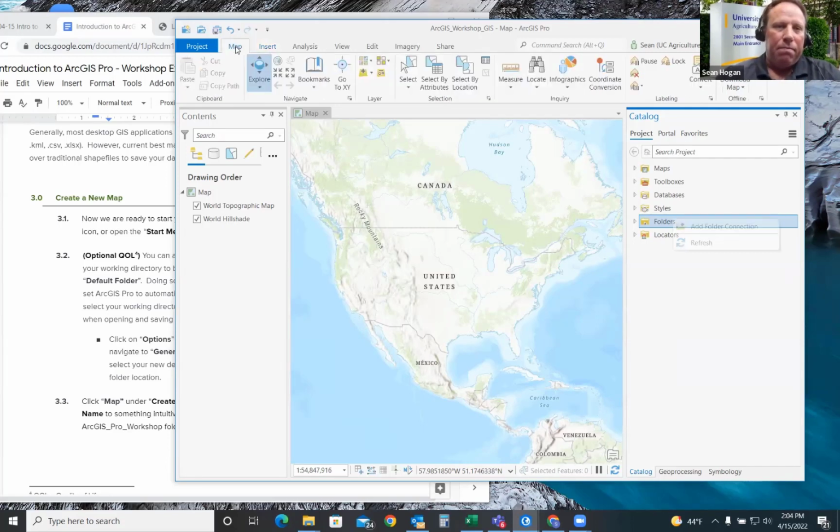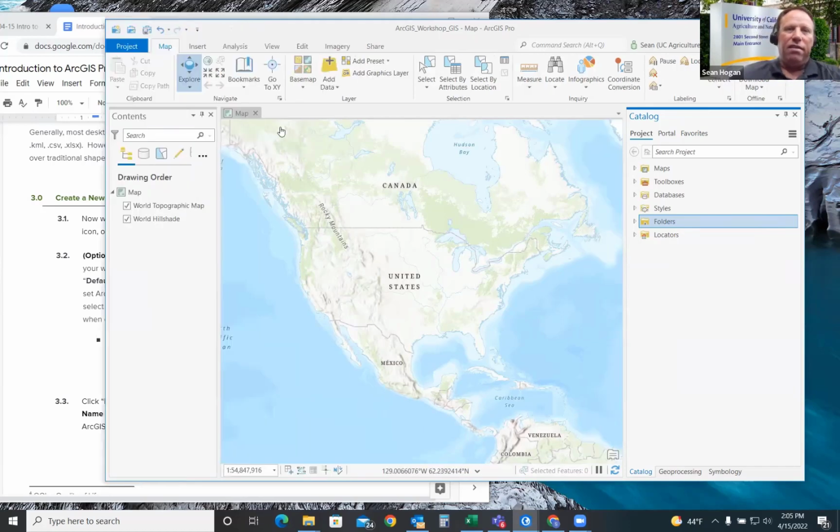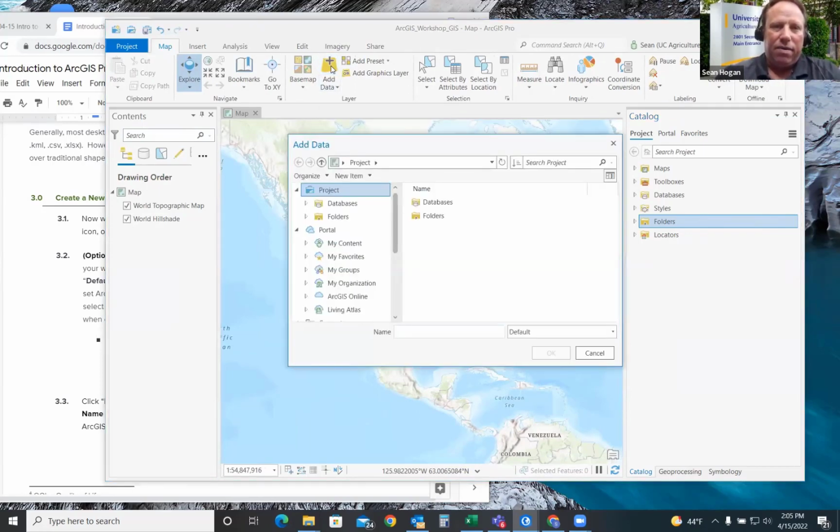Now we'll go back to the map tab at the very top, and I'm going to stretch this screen out a little bit so we can see it. And we'll click on add data. This is the traditional way of adding data to ArcGIS projects.